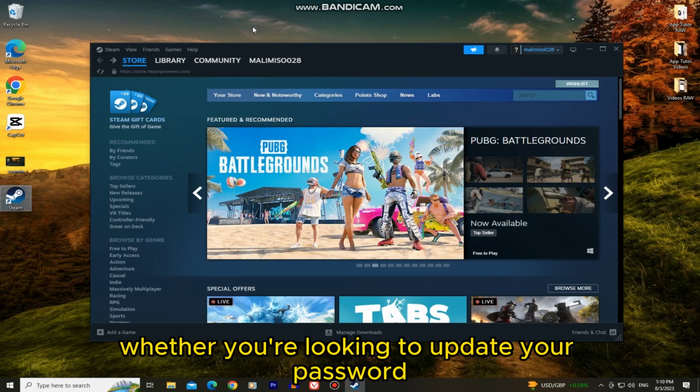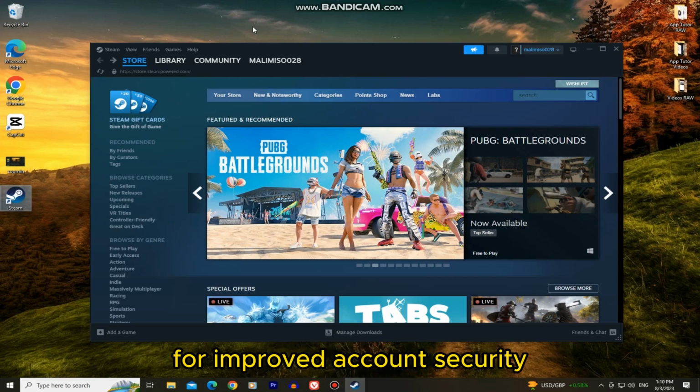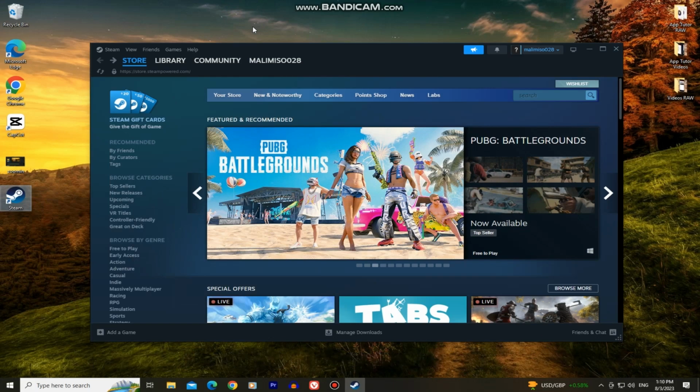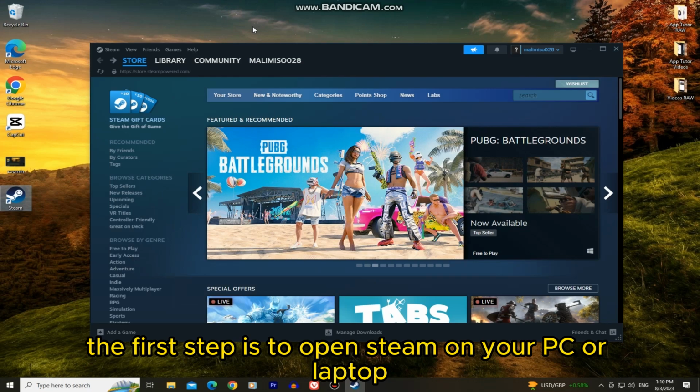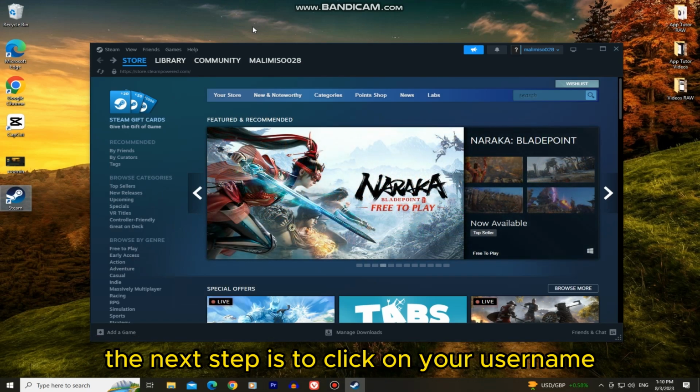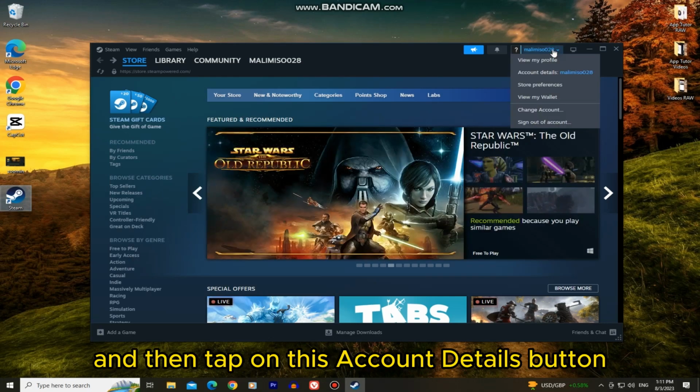Whether you're looking to update your password for improved account security or simply want to refresh your login credentials, we've got you covered. The first step is to open Steam on your PC or laptop and make sure you are logged in. The next step is to click on your username at the top right and then tap on this